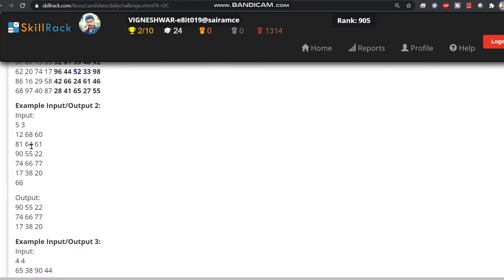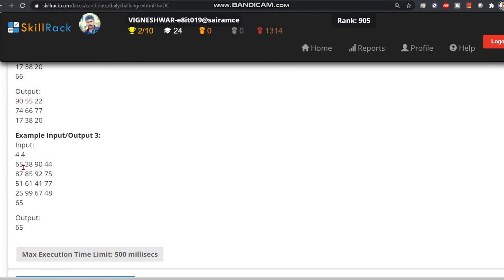If you see this example, we have 66 here, and the largest matrix that can be formed is only by this. So a 3 into 3 matrix can be formed here. And if you take 65, it is going to be here, so we cannot form any matrix larger than 1. From this we can conclude that whenever the x value is in the border of the matrix, we can print x as it is. So that's going to be the question.